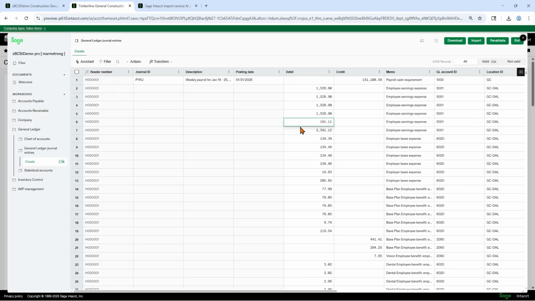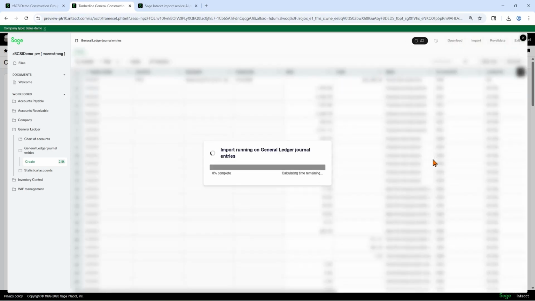I do want to point out that this is very much like Excel. You can come in here and mess with it. You can filter your columns, sort them, replace empty cells, search in here, select a couple things. Let's hit import. I like that it tells you how much time is left. So if you wanted to go get a coffee while it says importing, you could. You'd know how much time you'd have left.